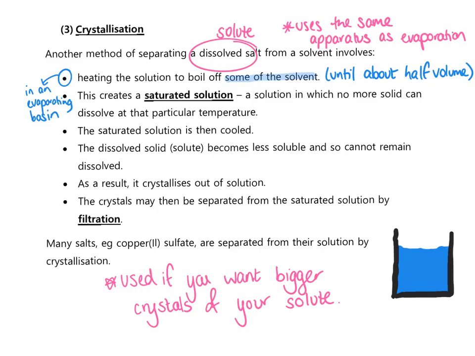You then leave your saturated solution to cool, and as it cools, the solute becomes less soluble. So again, think about your cup of tea. Less sugar would dissolve in a cold cup of tea than in a hot cup of tea. So as a result then, your solute will crystallise out of solution, and then if you still have some solution left, you can filter off the remaining solution using your filtration,